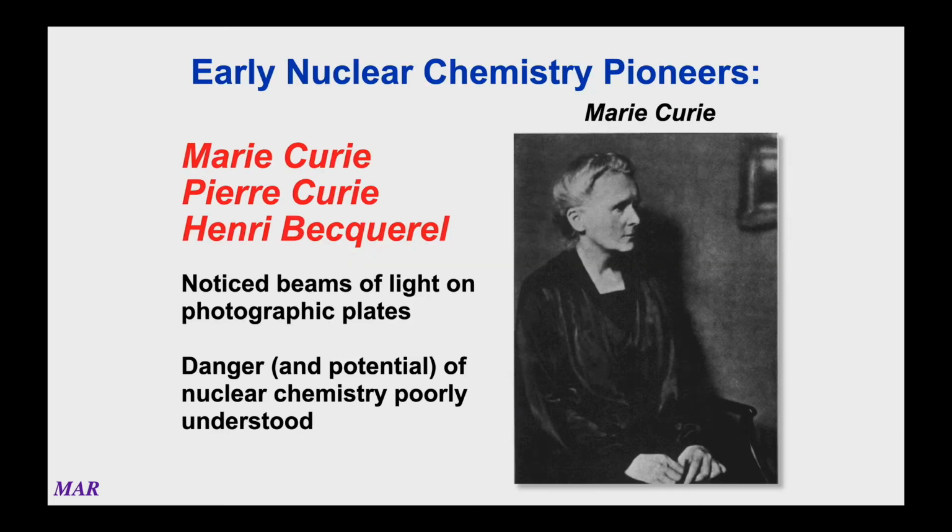Some of the heroes and the pioneers, if you will, of nuclear chemistry or the areas of the nucleus include, of course, my beloved Marie Curie, who we talked about in Chem 221. Her husband, Pierre, was also an explorer, and Henri Becquerel. Henri Becquerel was the one that coined the term radiation because there were rays emanating somehow from these samples, et cetera, et cetera. They didn't understand the power of the nucleus, and with power comes danger, and that caused some bad results. So like poor Marie Curie died of leukemia, stuff like that.